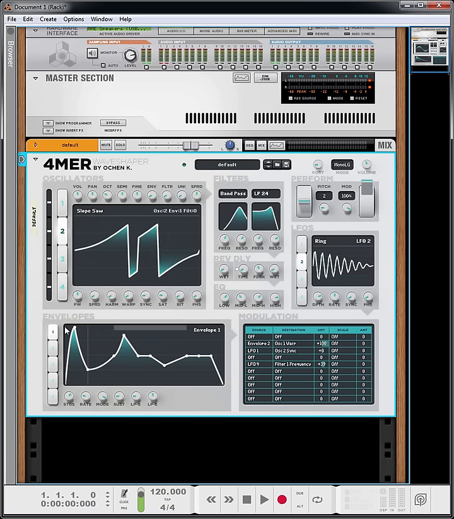So in loop mode, it plays from the beginning of the envelope, it passes the start of the loop, it plays all the way through to the end of the loop, and then loops back to the beginning and plays that section over and over again until you release the note, and then it plays through the end of the envelope. So if I press play now,